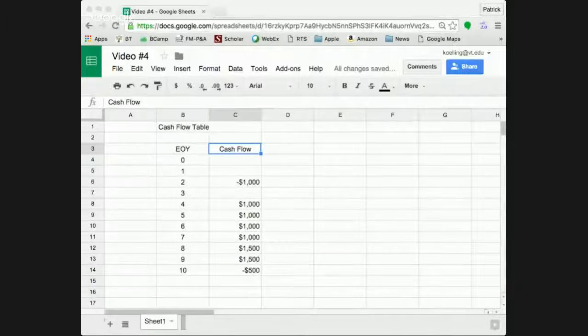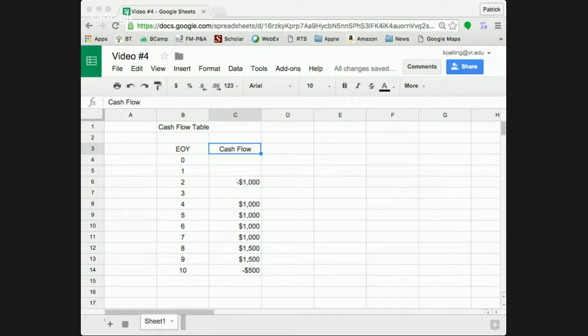We could draw arrows if we wished. And it's transposed, so it's flipped on its side. The years go down instead of going across. And we will indicate the cash that's flowing for each year. Let me yank that up here and show you what that looks like, I hope. There we go. There's that cash flow